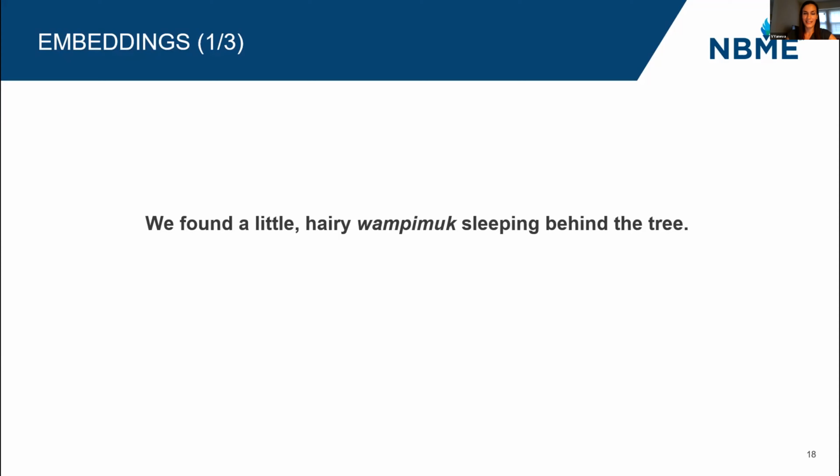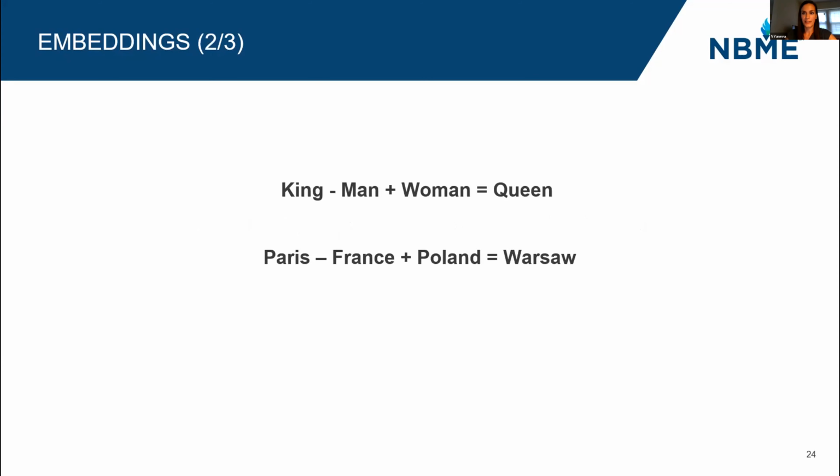But the reason we are excited about this is that each word then gets to be represented through a vector of numbers, which allows us to perform mathematical operations with words. So if we took the vector of the word king minus the vector of the word man, and we added the vector of the word woman, we get something that is pretty close to the word queen. And this is very close to being able to have some imitation of understanding of semantics on the side of the computers.